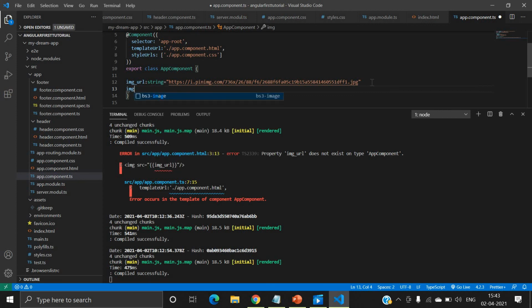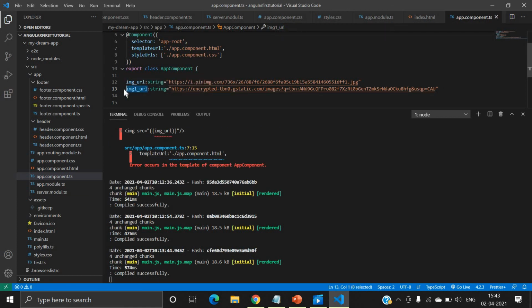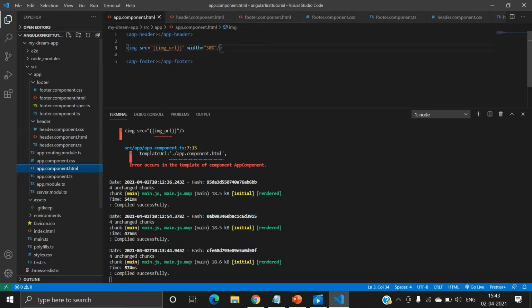First of all I will create one property image1_url of string type, and inside this string I will paste this link, and I will save and copy this property, and right here paste it inside this interpolation, image1_url.